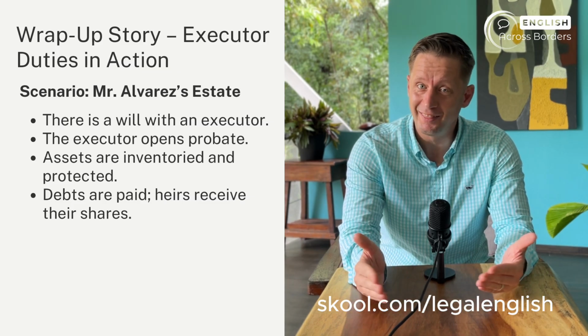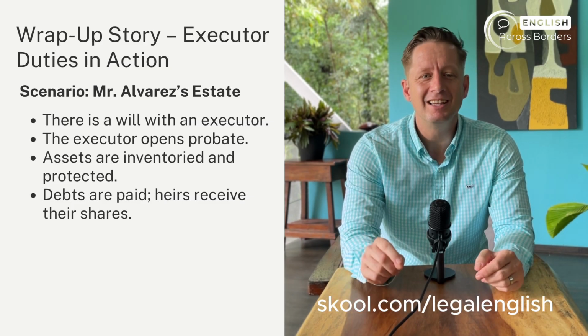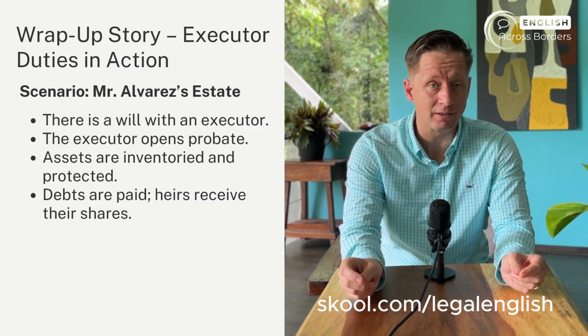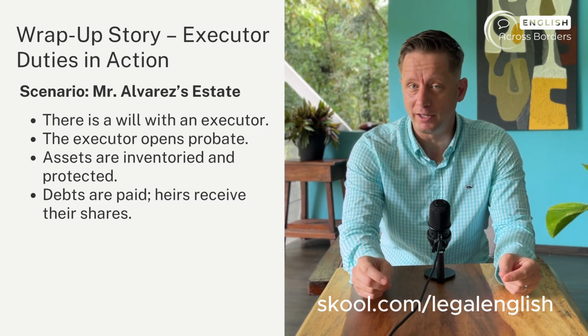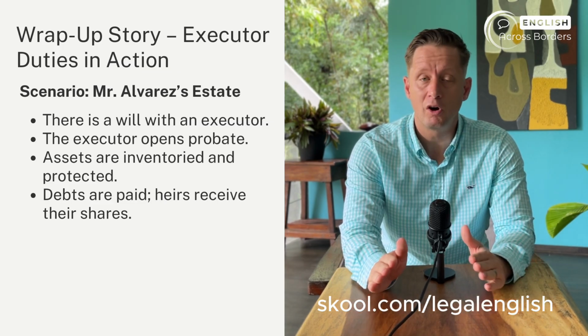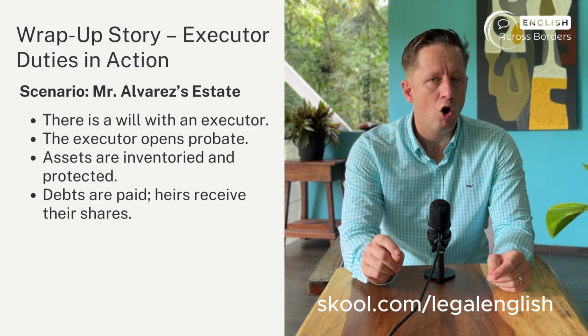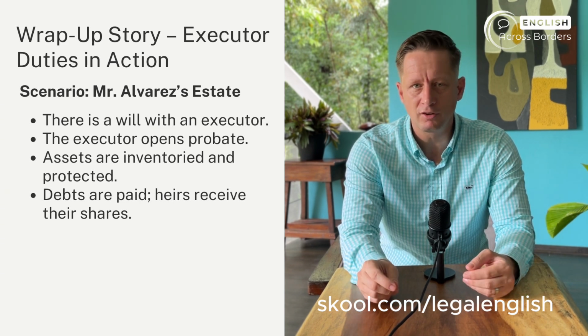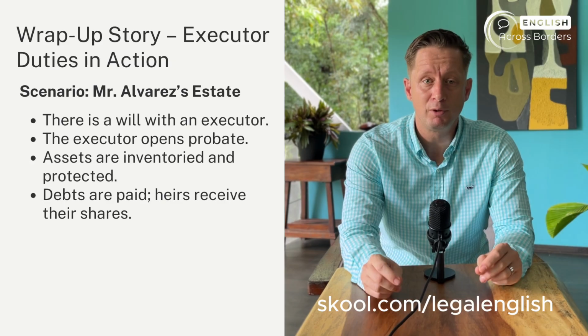And finally, there is distribution. Elena uses the will to divide the remaining assets fairly, then submits a final accounting. Throughout the process, Elena performs all the executor duties: opening probate, protecting assets, keeping records, paying debts, and distributing the